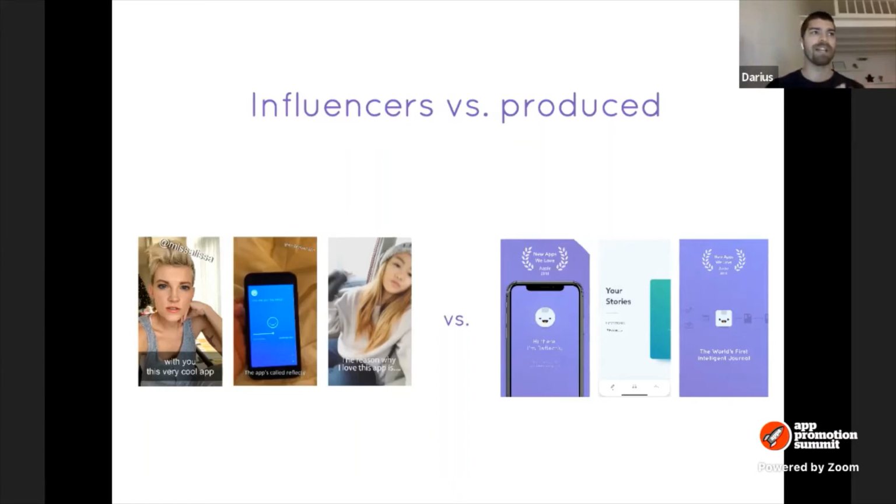The biggest difference between TikTok and Instagram, in terms of the creatives, is that Instagram is all polished and nice, and TikTok is much more raw and kind of natural. So on the left side of the creatives, you can see the three creatives we have from the influencers, and the one in the middle is literally just somebody using Reflectly and then filming their screen. This actually performs quite well. So if you don't have any resources, any budget, no money, you can just do this yourself and run that as a creative. So that's the biggest difference.